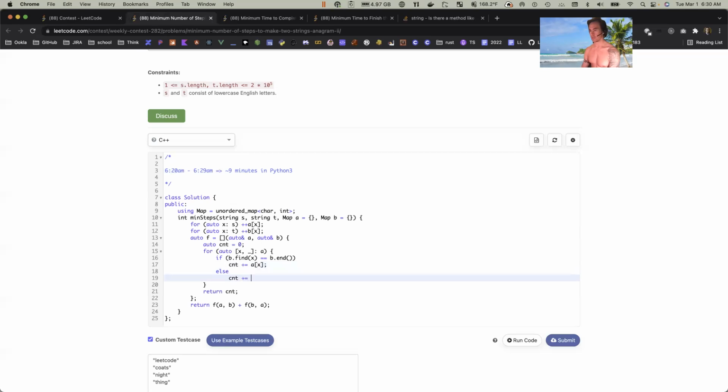Otherwise, count plus equals whatever's in A minus whatever's in B, right? A sub x,